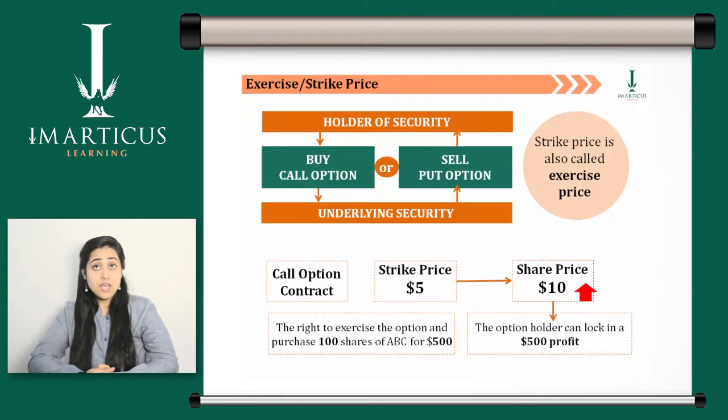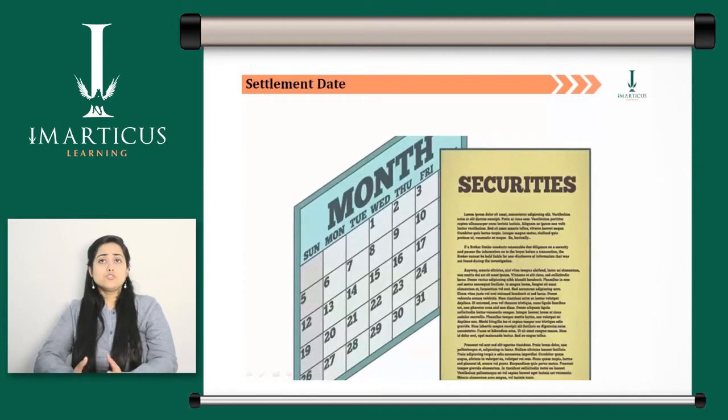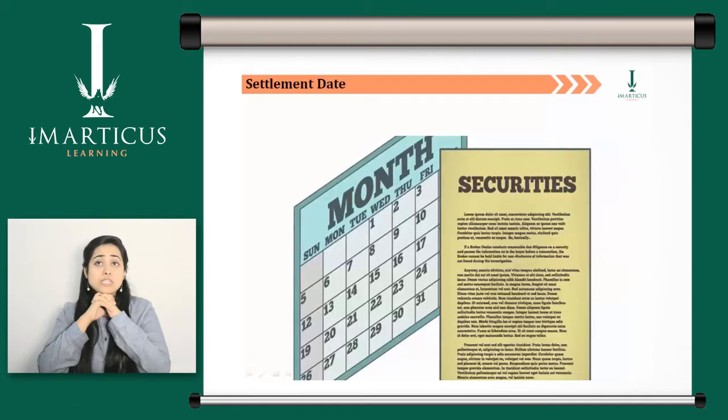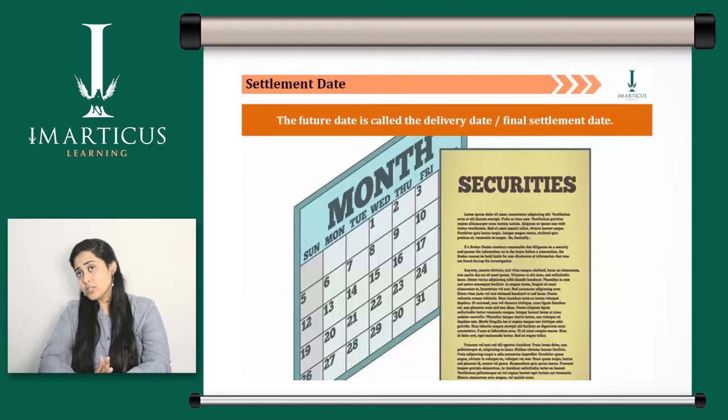The strike price is one of the most important elements of options pricing. At the expiration date, the difference between the stock market price and the option strike price represents the amount of profit gained by exercising the option. Unlike equity instruments like shares, firms settle derivative contracts at the date specified in the instrument. This future date is called the delivery date or final settlement date. Both parties of a futures contract must exercise the contract, that is buy or sell, on the settlement date.